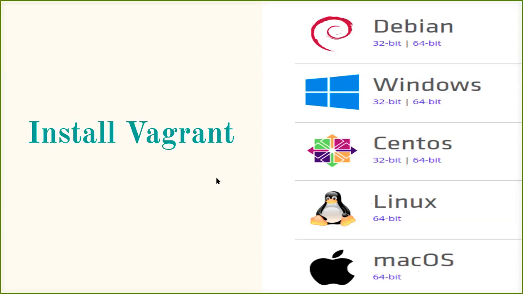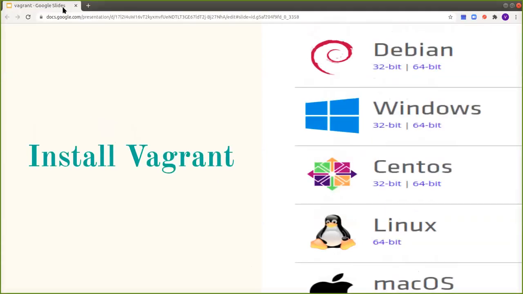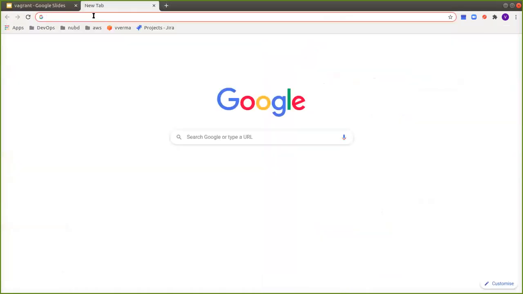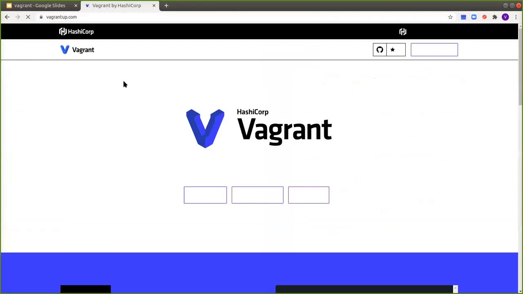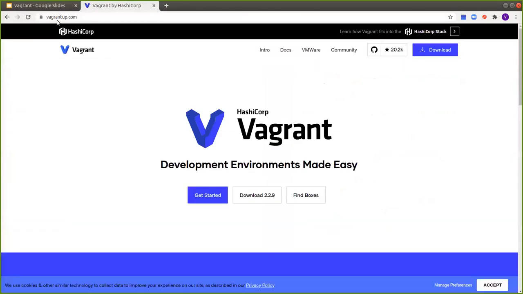I'm going to share a document which has the links for downloading. I'll show you what exactly this looks like. This is vagrantup.com, and I'm going to paste it here.